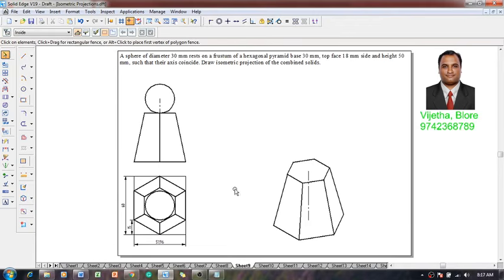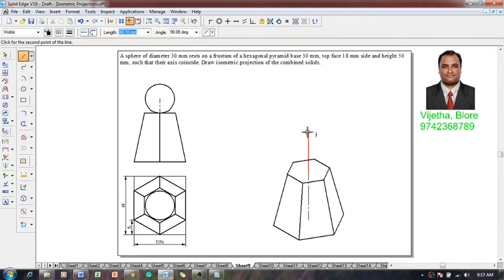And after which, we need to locate a sphere of diameter 30 millimeter, so the radius will be 15 millimeter. Using a line command with a thickness of 0.5 and a chain line, from here a further height of 15 millimeter is going to be located. After which this drawing has to be converted into isometric scale, and then the circle has to be drawn to the true radius.